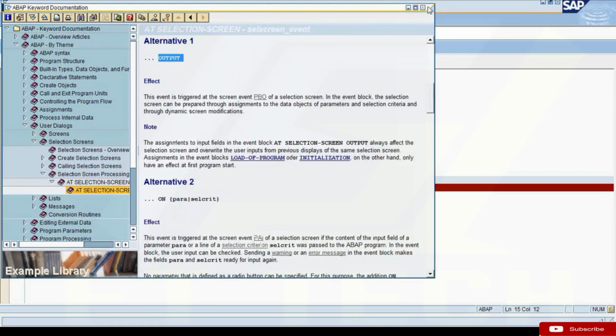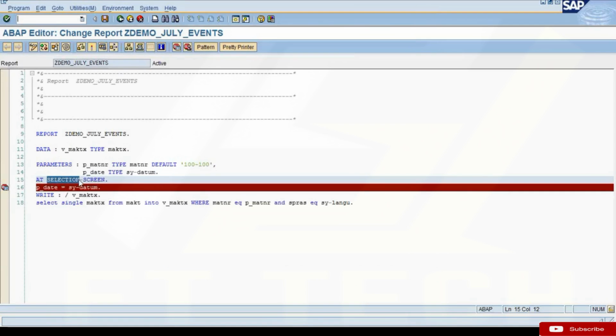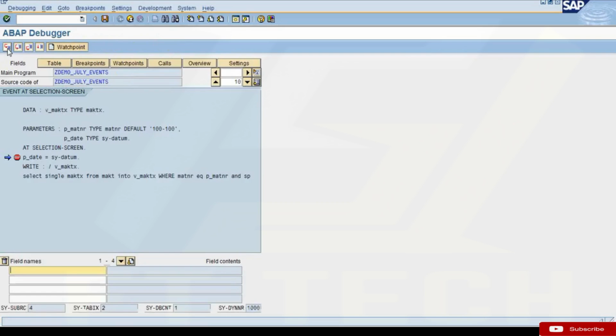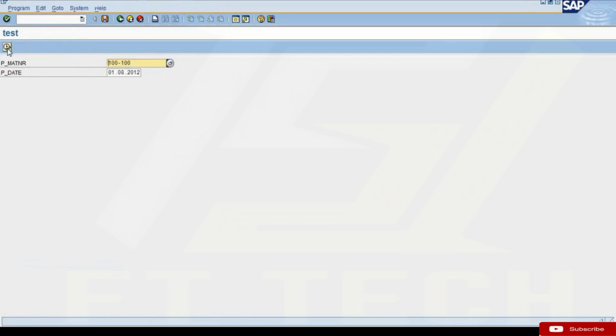So now I'm using this @SelectionScreen event. When I execute this program, that code is not triggered before showing the selection screen. When I click on execute, it executes this code, so it triggers this @SelectionScreen event. Now, one of the variations of your @SelectionScreen event is